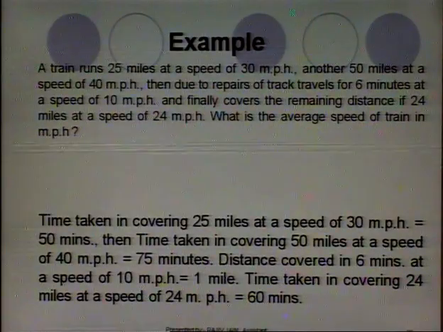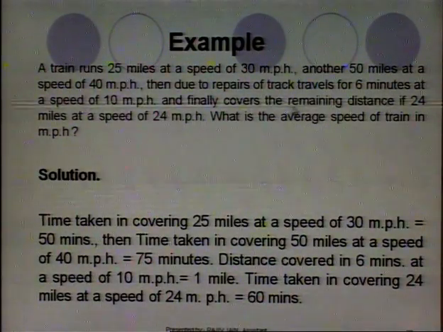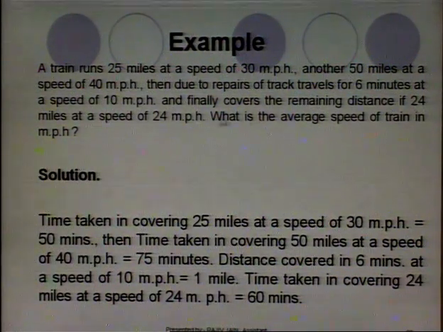There is a question. A train runs 25 miles at a speed of 30 miles per hour, another 50 miles at a speed of 40 miles per hour. Then due to repair work on the tracks, it travels for 6 minutes at a speed of 10 miles per hour, and finally covers the remaining distance of 40 miles at a speed of 24 miles per hour. What is the average speed of the train in miles per hour? A train is given,